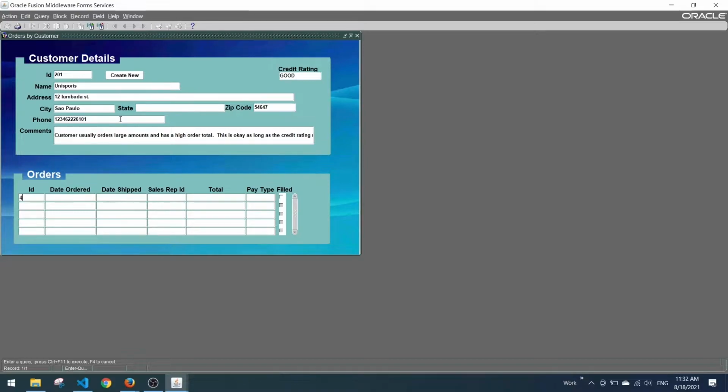And then I'm just putting an order number and executing the query. Now that I have the order, I can decide which kind of changes I want to enable. Let's say I want the users just to change the pay type. In this case, I will just click here and change the pay type, so this will become an input